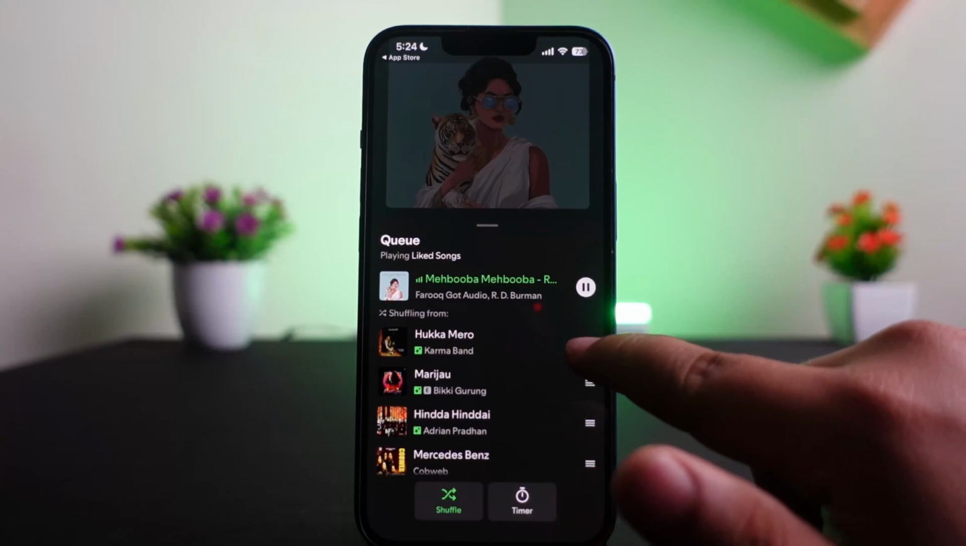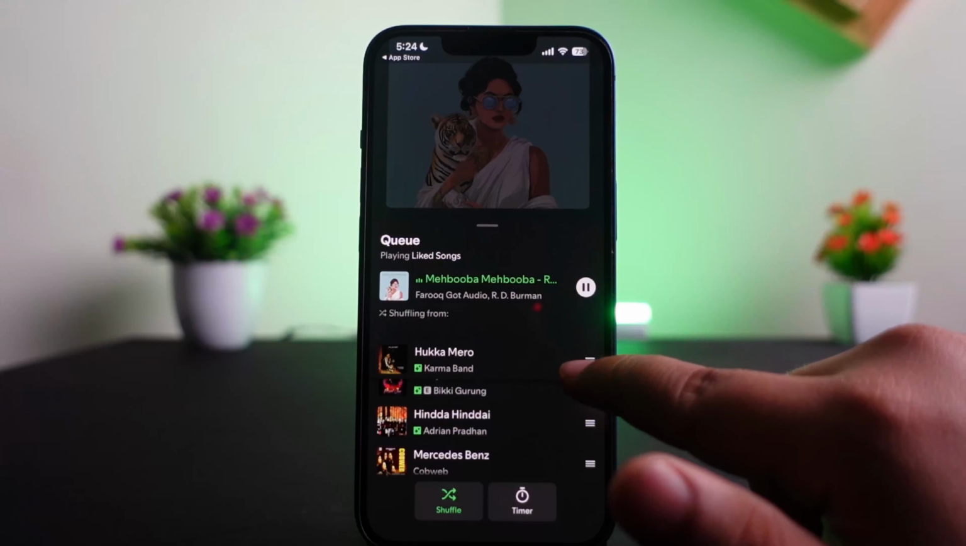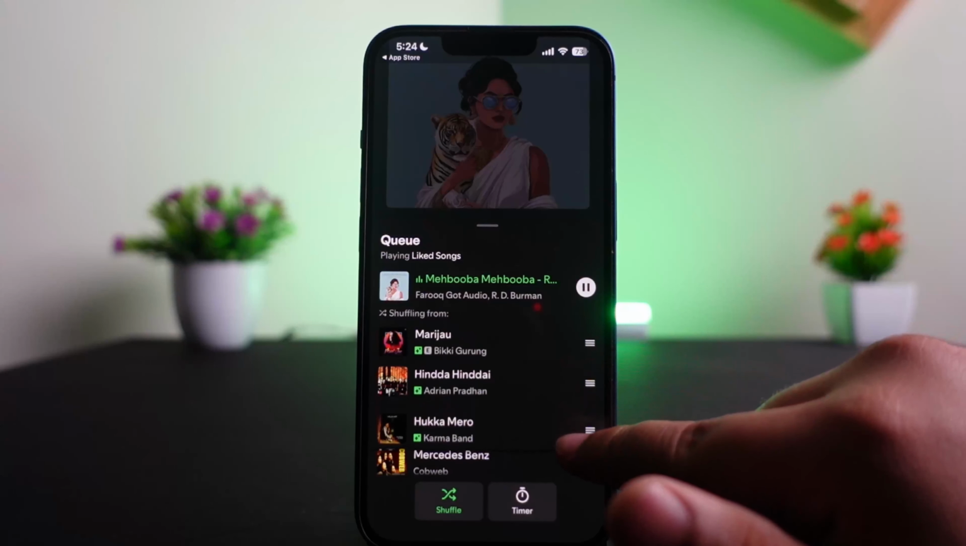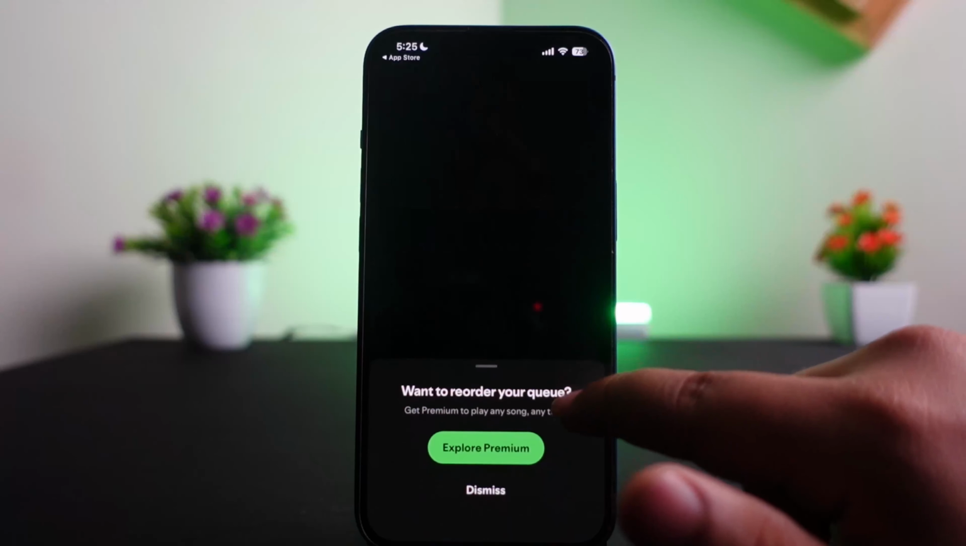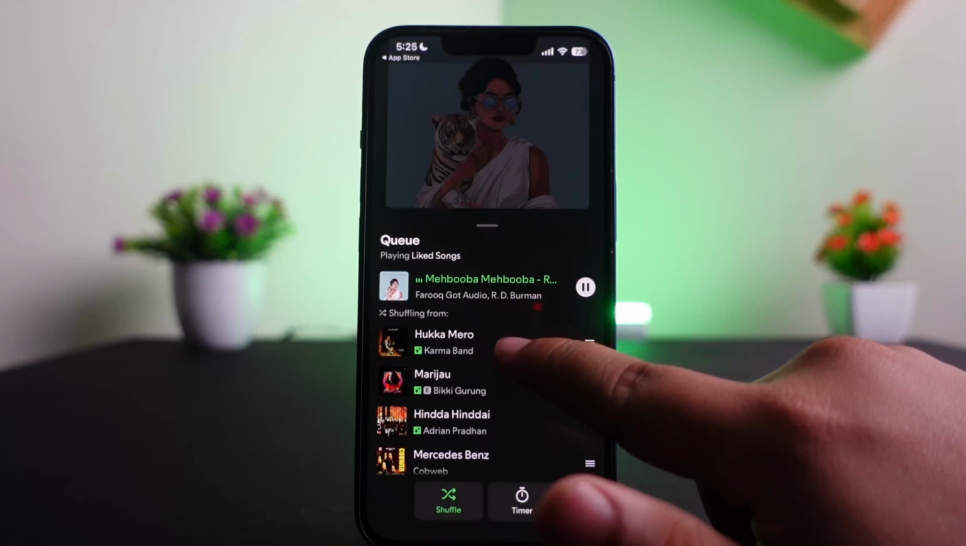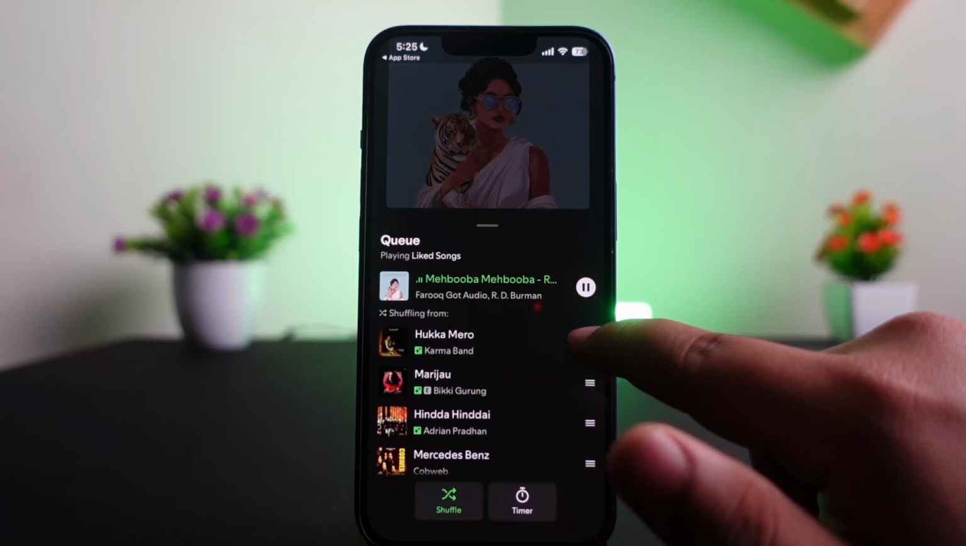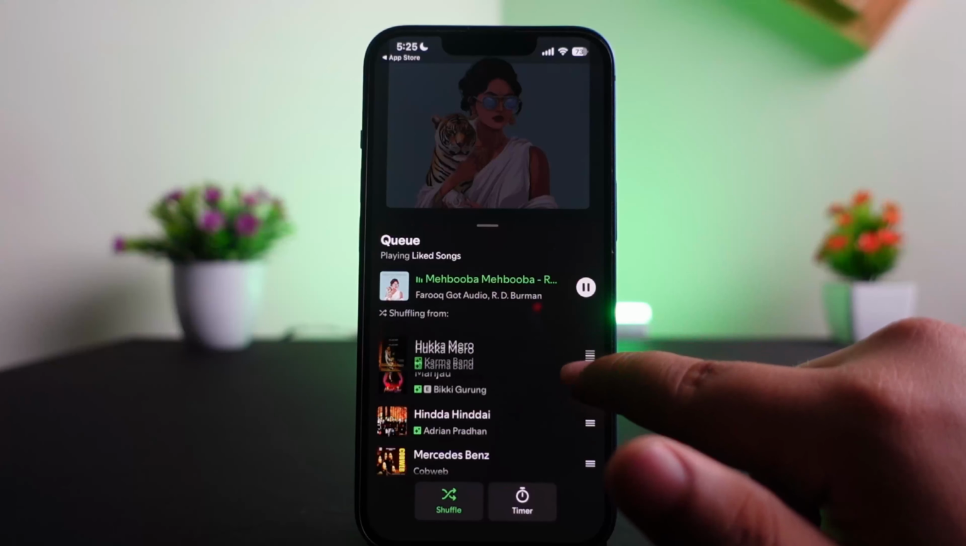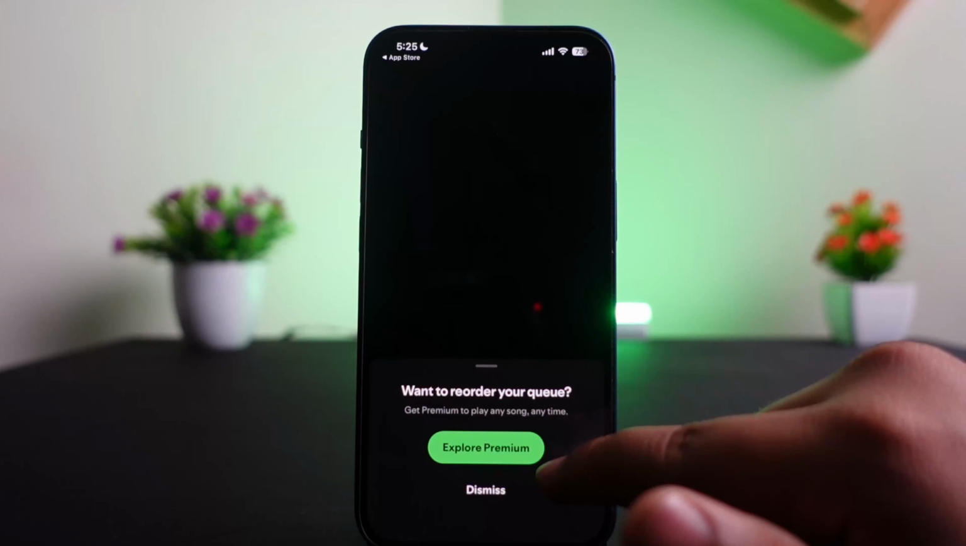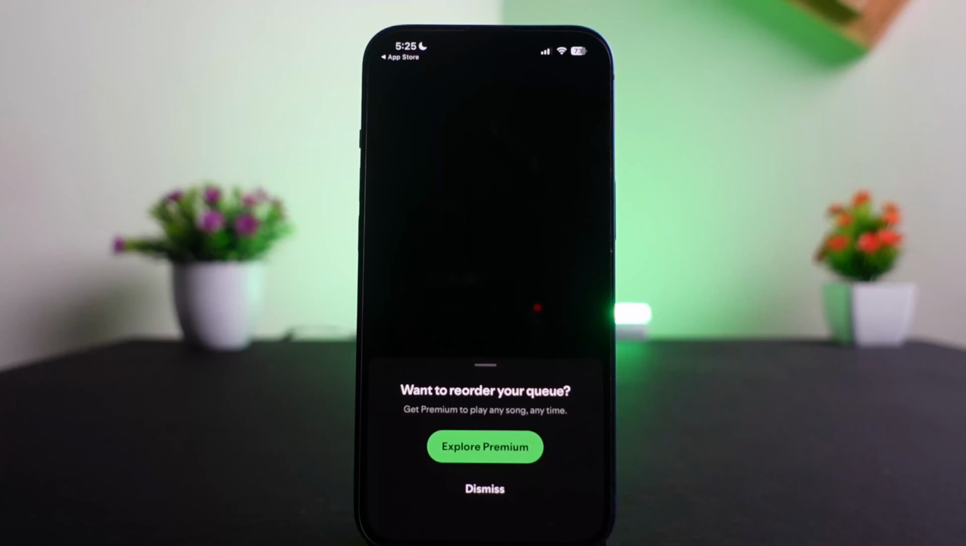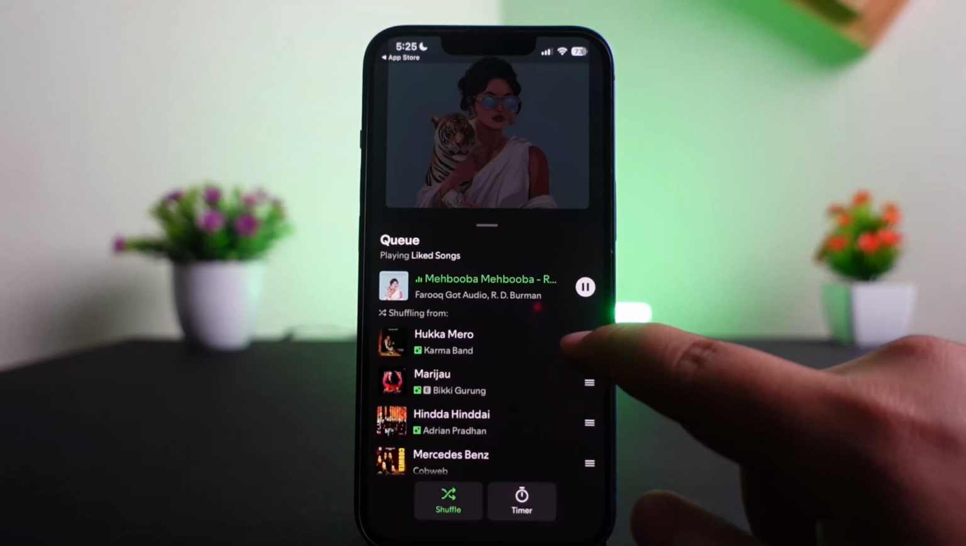Well, if you tap and hold on the icon on the right, you'll be able to simply swipe it down below and change the queue. You can also remove it from the queue only if you have got the premium. However, you can see if I want to move this as well, I'll need Spotify premium in order to reorder my queue. So you need Spotify premium, but if you do have premium, you'll be able to remove it like